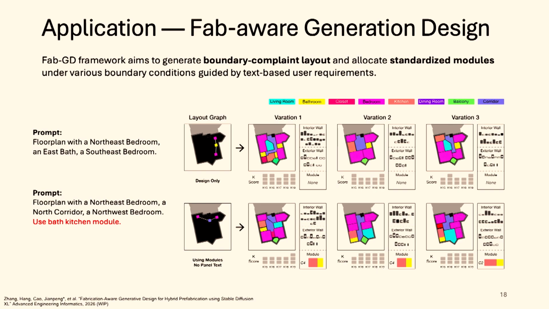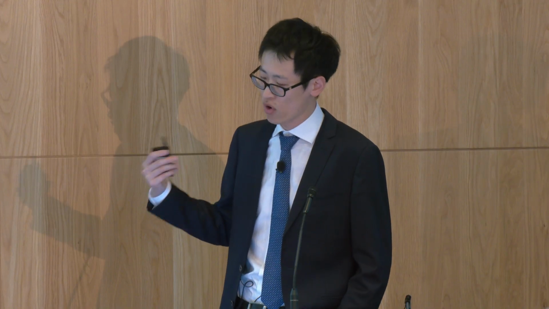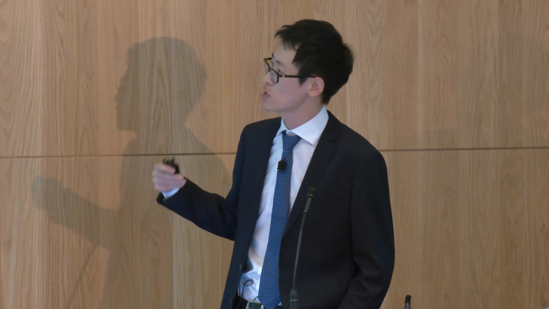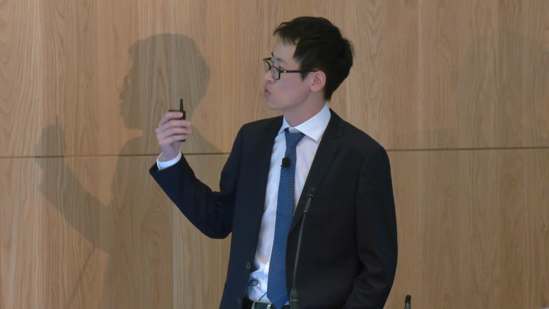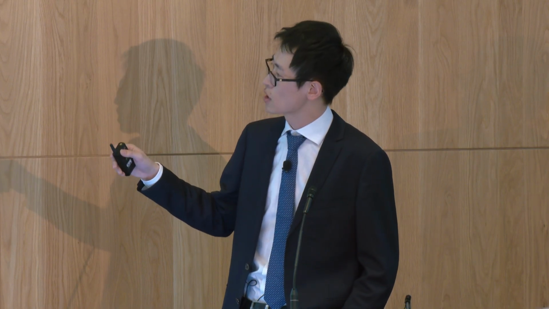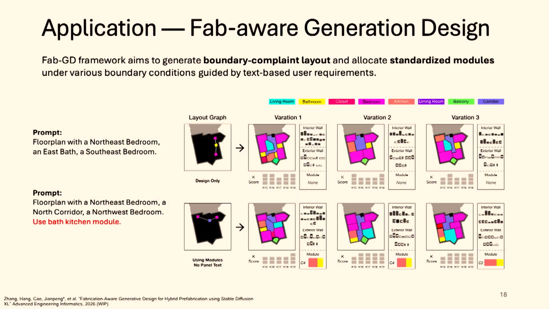But more importantly, it's the second row. You see, we can enforce the system to use specific modules. For example, the module prototype identified in the previous steps, or your patented product that you want to use to develop your modules, or to develop your project. So here you just add one more prompt, and you will see how these modules in the red and the yellow are used in the floor plan generation. Basically the algorithm will rearrange the floor plan and accommodate the module in the floor plan.